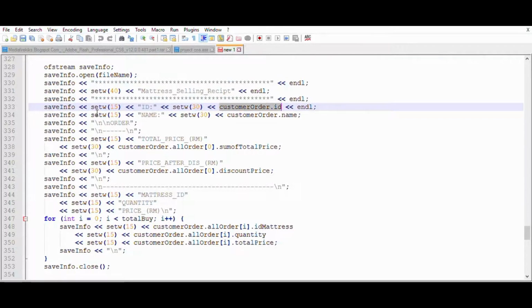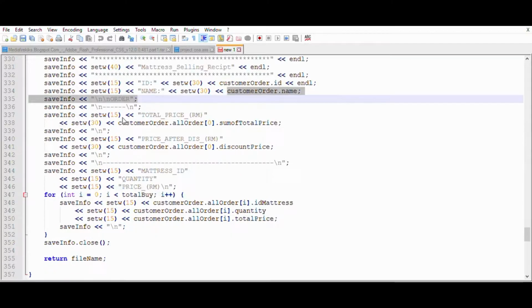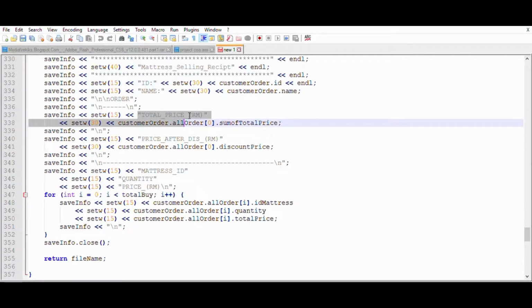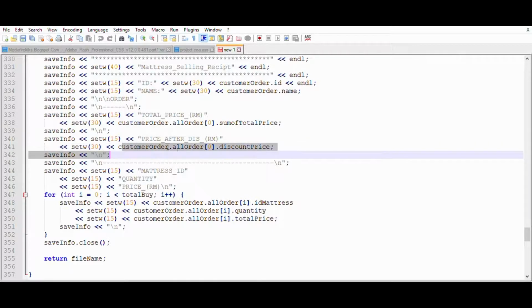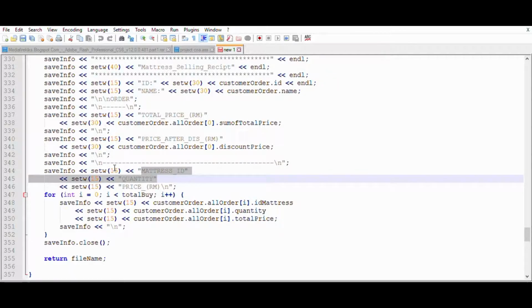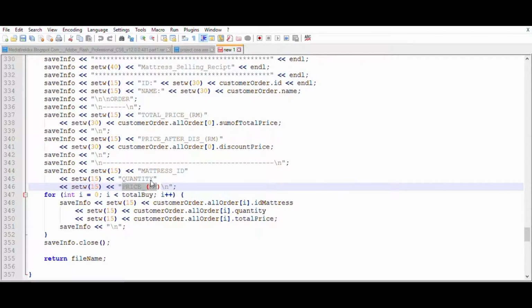We use line by line, and then set w15 for name, and then set w30 for customer order.name, and then we use set w15 for total price in RM, set w30 for customer order the all order sum of total price, set w15 for price after discount in RM, set w30 for customer order the all order, set w15 for mattress ID, set w15 for quantity, set w15 for price in RM,